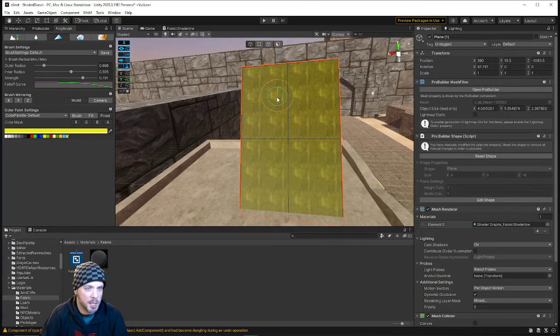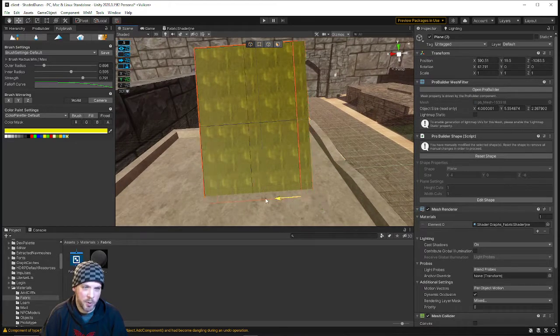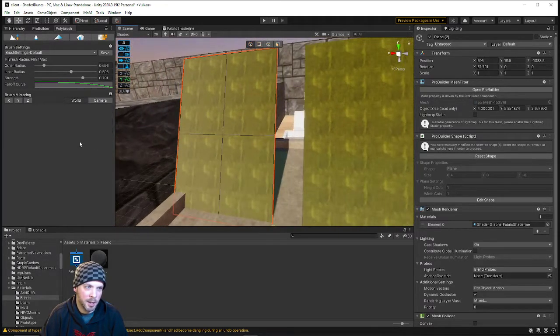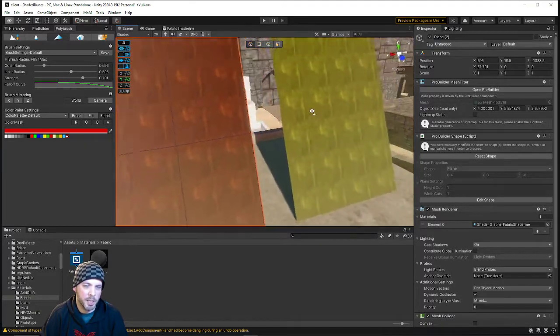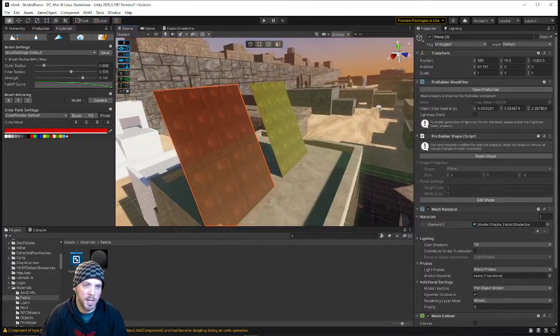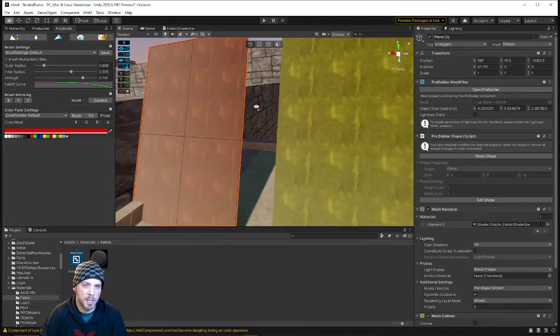Or it should work on an instance basis too. So let me double check before I celebrate. Yep. So one material can get us any range of colors at this point on here,